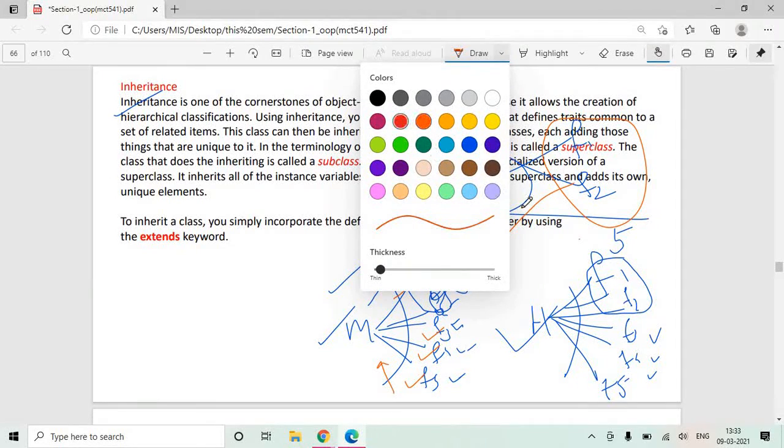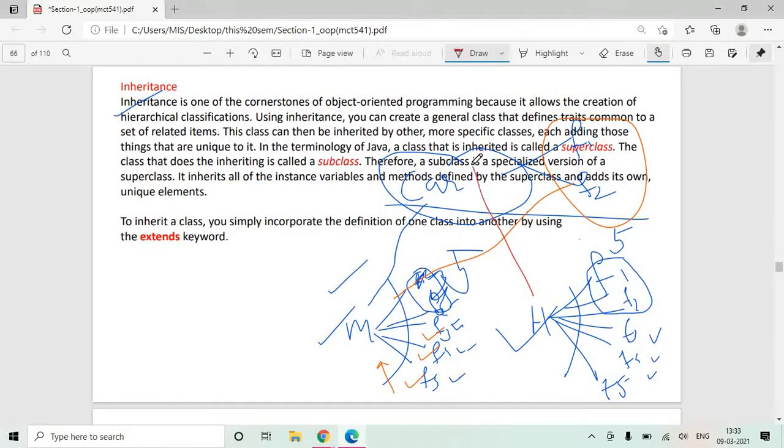Similarly, you inherit Hyundai car from this car class. When you inherit, all the features mentioned in F1 and F2 are available in the Hyundai class. And in addition to F1 and F2, you can add the special features for Hyundai car, that is F3, F4 and F5.